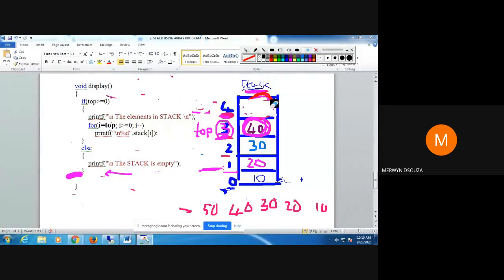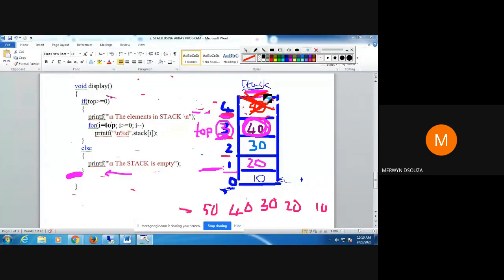It does not get deleted in the array. Since the array has been declared of size 5, this value remains. We are going to only display the values from top. Top value is 3, so from 3 till 0, we only display 40, 30, 20, 10. Although 50 is still there, since it got popped, we are not going to display it.